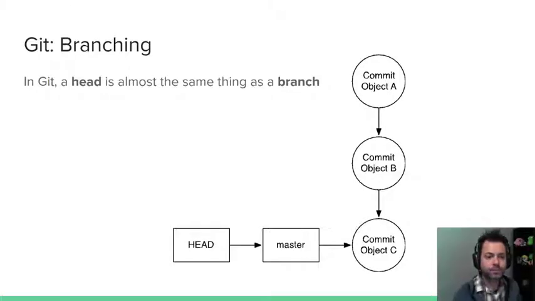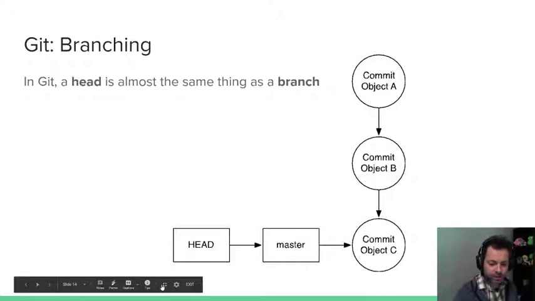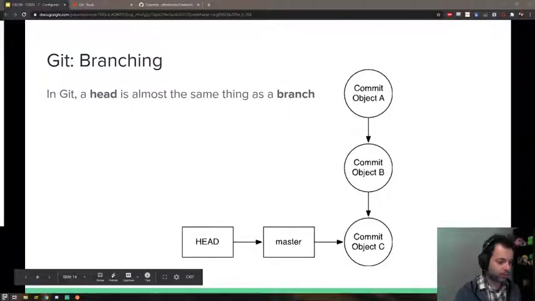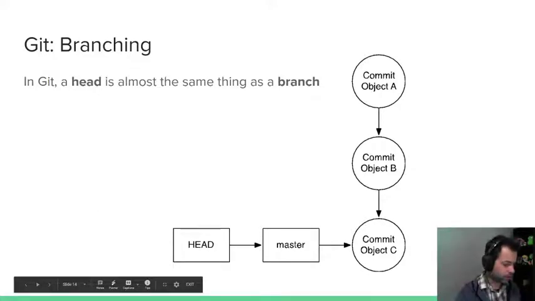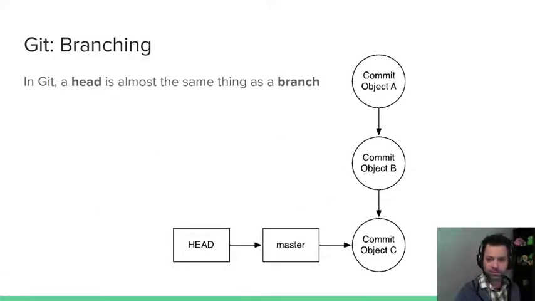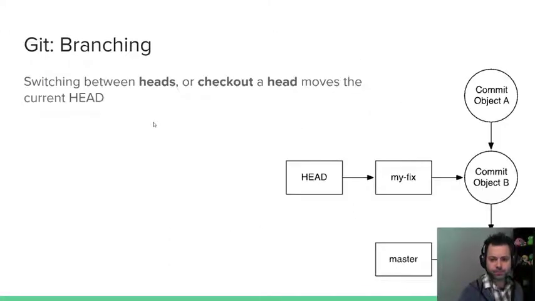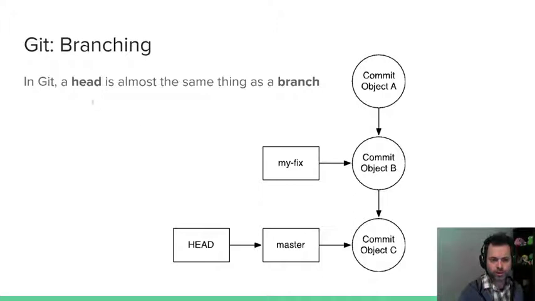All right. So branching in Git is actually pretty straightforward, honestly. I've got a demo for you here in a moment, but just to show you how this looks, you're basically considering heads to be pretty similar to a branch.